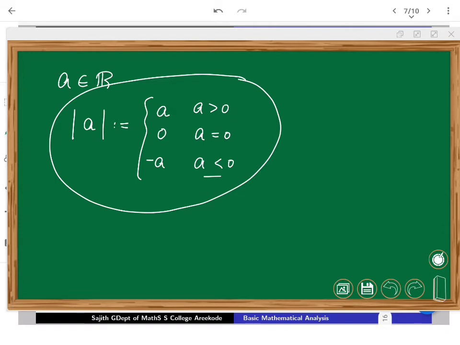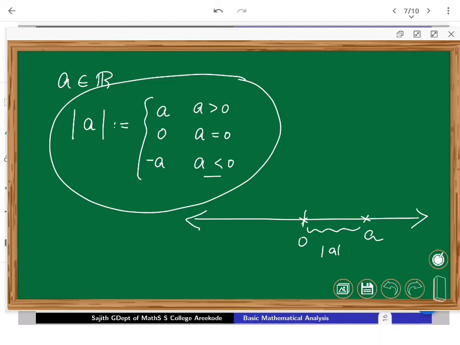So with that, we can see this actually gives some ideas, how these things are coming. Modulus of a on the real line: if a is a positive part, ideally it will be on the right side of 0. In that case, a itself is the distance, how far away a is from 0. That is what is given by modulus in this case. If a is 0, modulus also is 0. Modulus of 0 is 0, which means you are at 0 itself, no distance. This actually gives you the notion of distance between points.